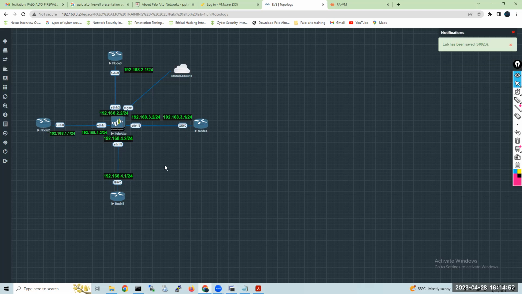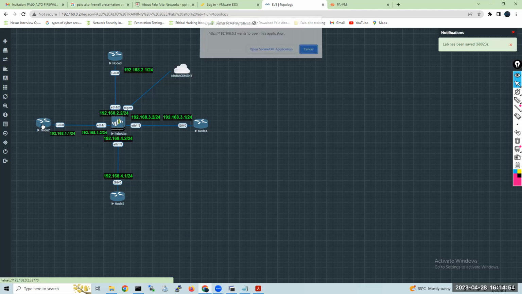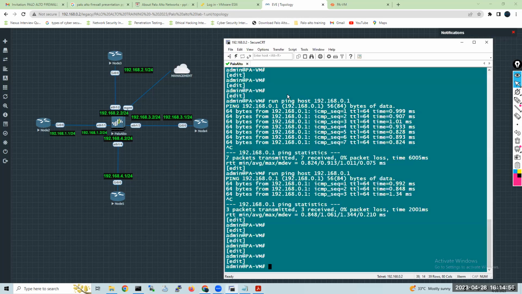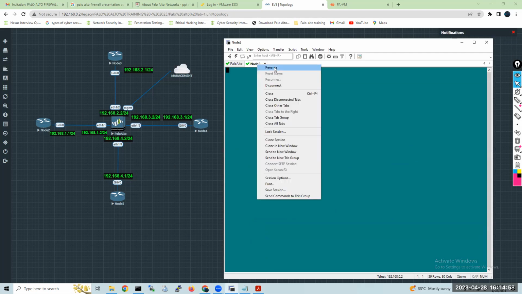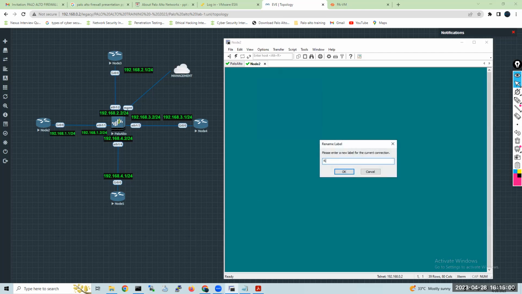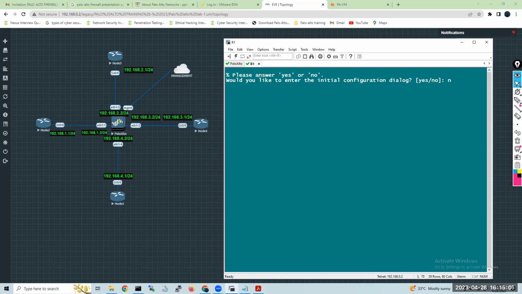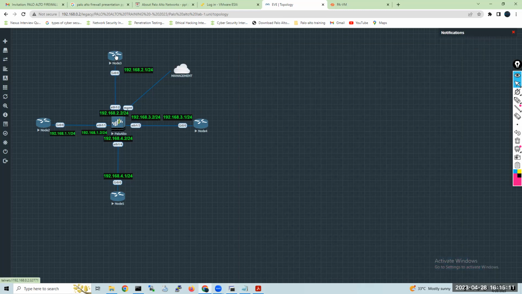Okay, so let me open my router now. This is my R1, so we can give a file name for R1. And this is my R2.